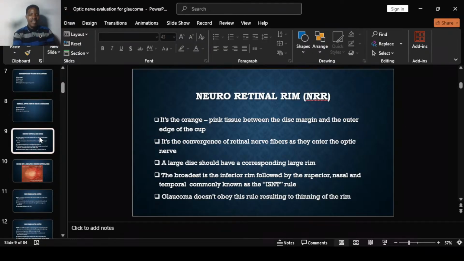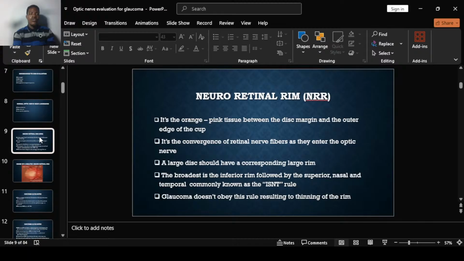enter the optic nerve. So it is part of the optic nerve, the neuroretinal rim, and a large disc should have a corresponding large rim. So whenever you see a large disc, it is important to note that you will also see a large rim. So if you are seeing a large disc and a small rim, you need to question why it is so. And then the broadest is the inferior rim, followed by the superior, the nasal, and the temporal, commonly known as